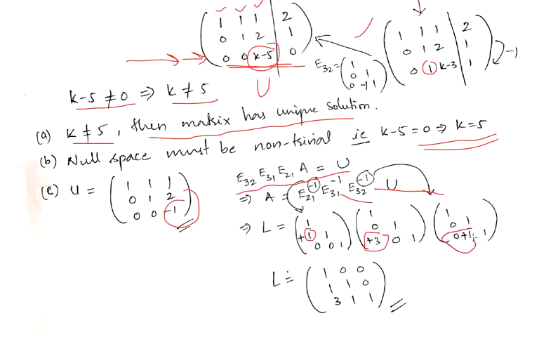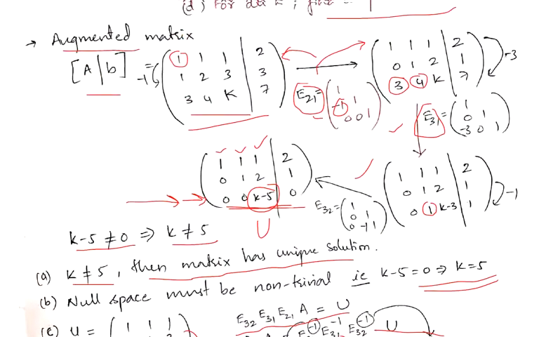And for the multiplication, I just need to put those values in the corresponding row and column elements. The 1 is in the second row and first column, so the 1 is here, and plus 3 is in the third row and first column, so I put it back here. That will result in a lower triangular matrix. So we have decomposed the main matrix into L and U when K is equal to 4.